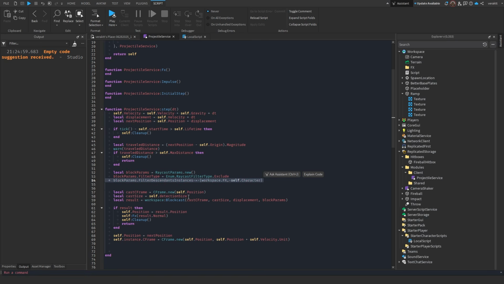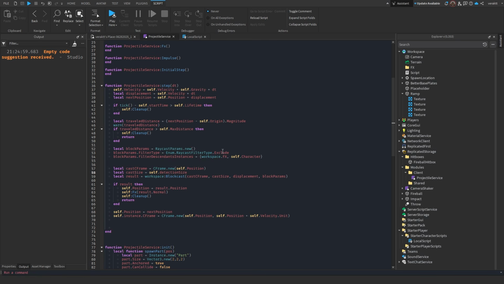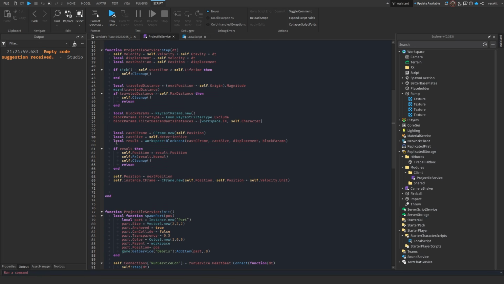So here are the parameters, and I'm excluding my character and excluding the workspace.fx folder, meaning that the raycast cannot detect my own character. So if I walked in front of it, it wouldn't detect my own character as a collision. And obviously you don't want it to collide with your own character. And then all I'm doing here is I'm casting the blockcast. And blockcast takes in quite a bit of parameters. The first parameter is the CFrame that you want it to start at. Also, you could kind of say origin, then the cast size, which is the size of the hitbox we passed